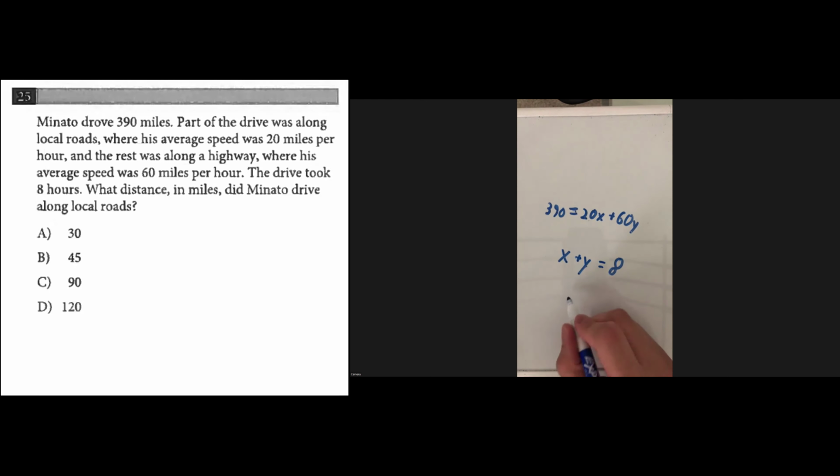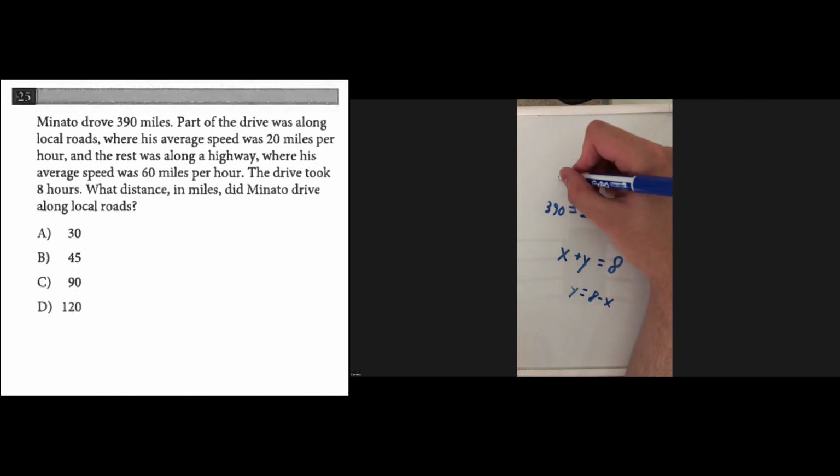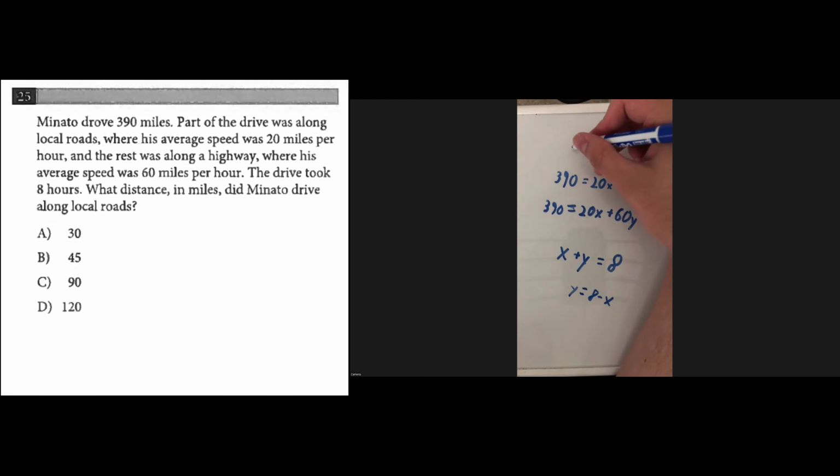We can rearrange this to be y equals 8 minus x, and plug it into the top equation, which would be 390 equals 20x plus 60 times 8 minus x. And then once you simplify, you get negative 90 equals negative 40x,